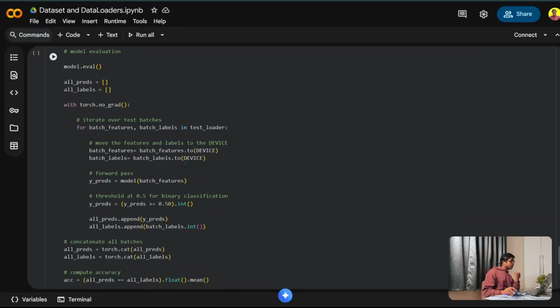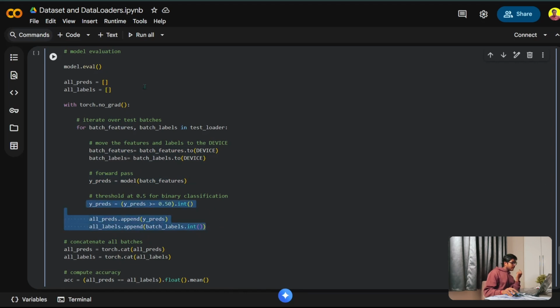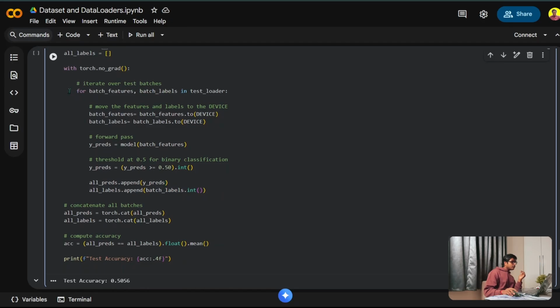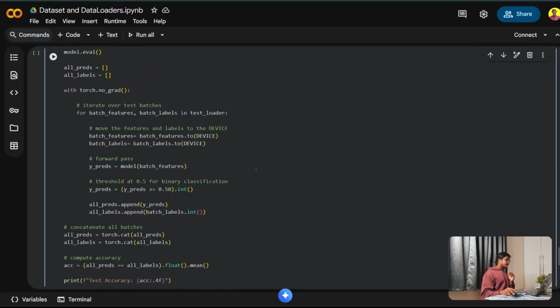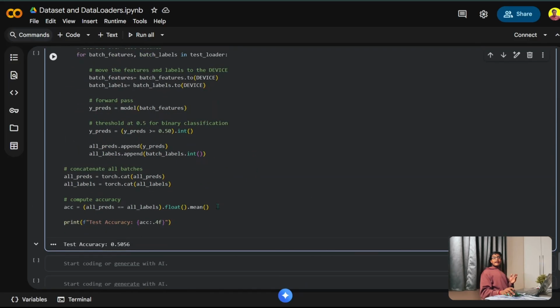And for the evaluation loop, you do the same thing. So you iterate over these test batches. You create batch features and batch labels for this test loader. You move them into this device. You do a forward pass on this batch features, and then you calculate these y preds and you append them. So everything is the same, but you do this extra thing, which is you are dividing your whole data into mini batches, and then you are processing these mini batches individually. So that is the concept of mini batch, and that is how we use this dataset and data loader